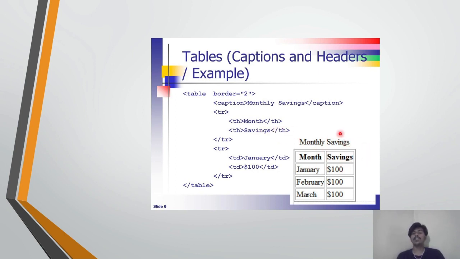Savings goes as the table heading for the second column, and then slash tr we are closing the table row, and then create another tr, say January, and then td 100, which is the month goes as January, and the entry for savings is $100, and then it goes on. We can make as many entries as we want using this, and I don't think I have to explain each and every entry in detail. So moving on,